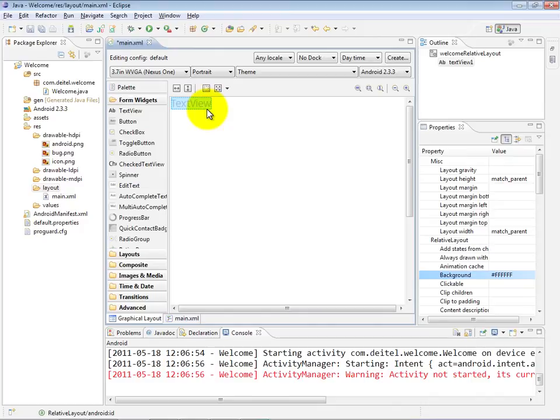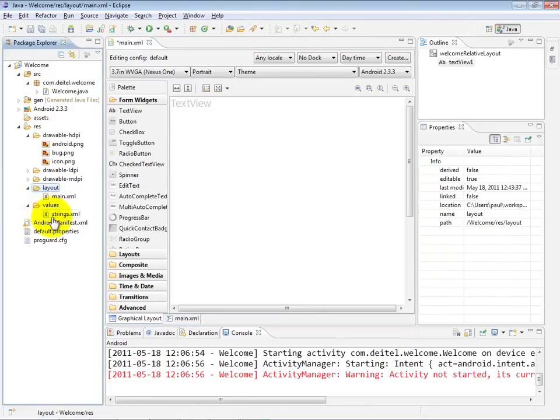Now, there's something very important that you need to know about string contents in general within an Android application. All of your strings, by convention and by good programming practice, should be separated out of your application and placed into strings.xml files that represent the strings for different languages, so that you can easily internationalize or localize your app for different languages. So you'll notice here in the values folder, there's already a file called strings.xml, and if I open